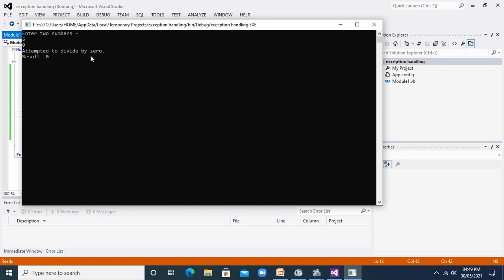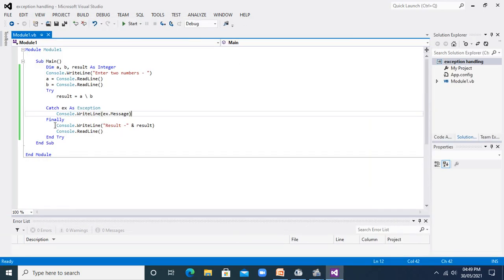The result 0 is displayed, which means that the result statement that I have written in finally will be executed whether my exception is handled or not, whether my second number is 0 or not 0. So it will give the error message when my second number is 0, meaning I am trying to divide by 0, else it will display the result of my division.